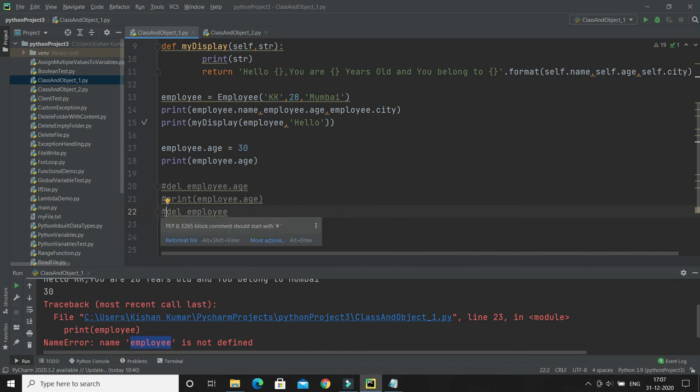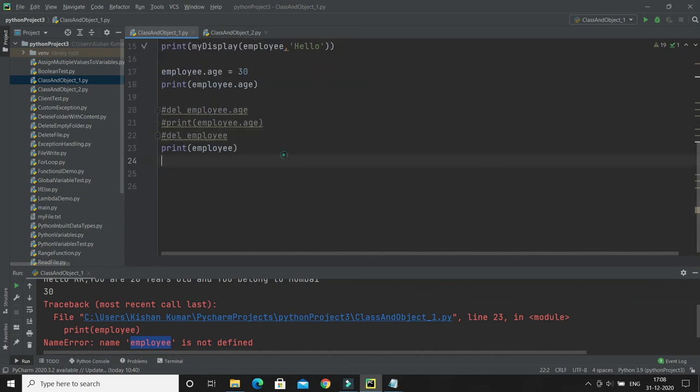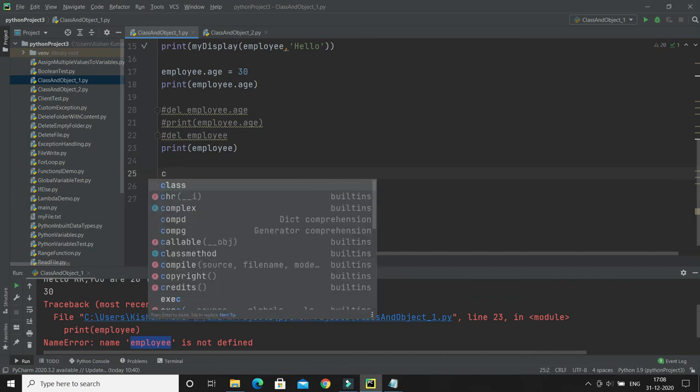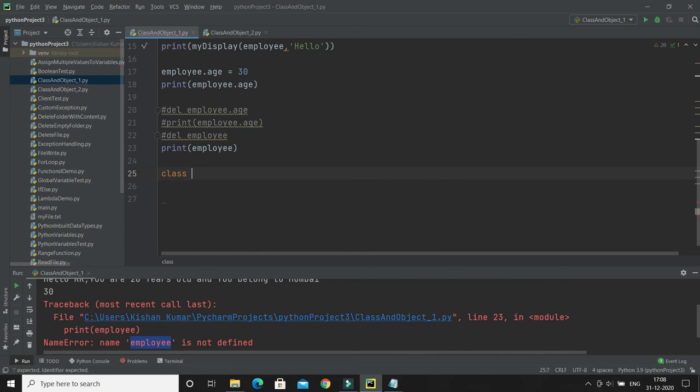Now last thing, we will talk about the pass statement. Guys, one thing you have to keep in mind: a class definition cannot be empty. But if for some reason you have a class definition with no content, then you have to specify a pass statement. Let's try to understand through an example. Let's say I have a class. Of course you can define many classes in a single file, and let's say Person. If I do not write any statement within this class, then you can see it is showing an error.